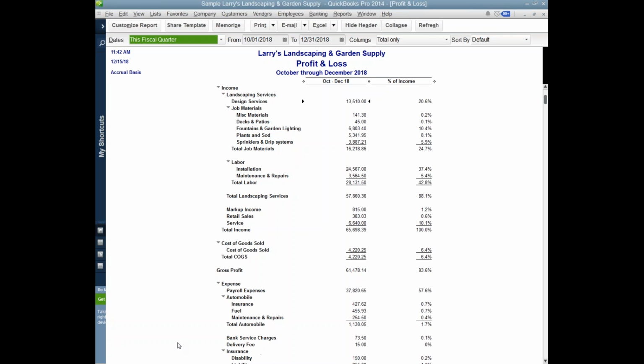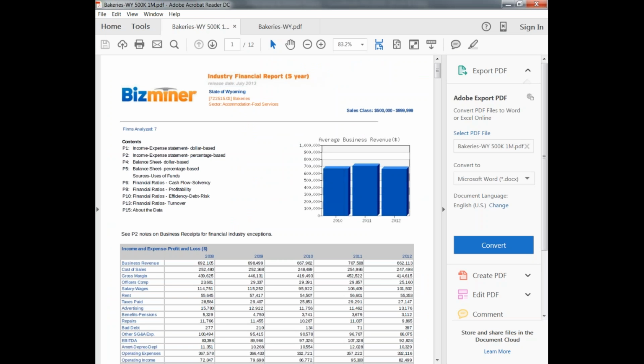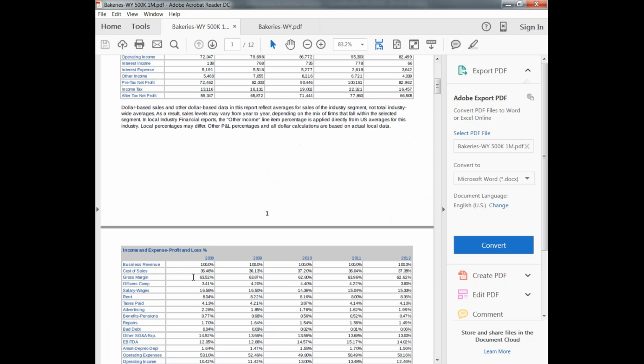But I can go out and say, well, let me see, and this is the only sample I had for an industry report, but let's say I'm a bakery and I'm looking at a 20% cost of goods margin on my bakery. I'm going to go out and look at what the industry is doing, and I either have a great markup policy or I'm underreporting my cost of goods sold, because there's some significant difference in terms of the cost of sales that I see here, the direct cost in generating that, and what I'm seeing from my business. So it's a great place to just go get some third-party data to take a look and see,